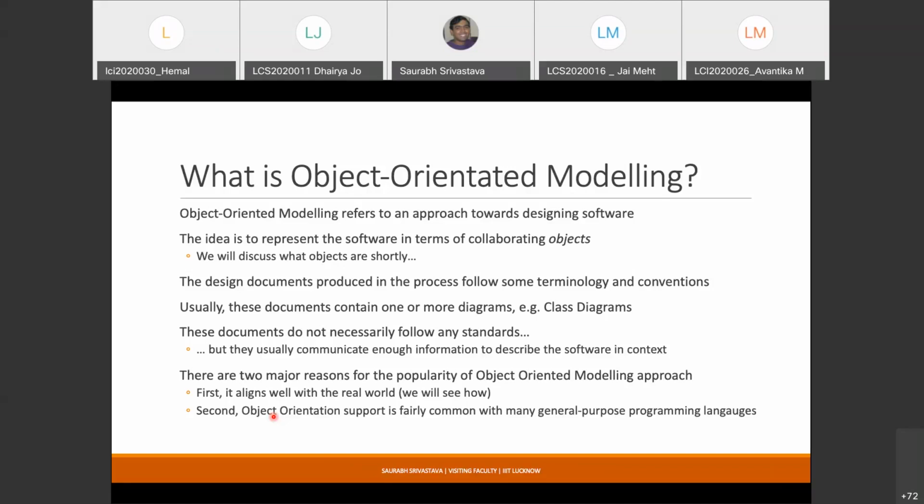But in most cases, you will use a language with object orientation support, because then it is natural to simply convert your design documents into code. In theory, it is certainly possible that you create your models using OOM, but at the time of implementation you use something like C. It is possible, but it is highly unlikely that you will do it.